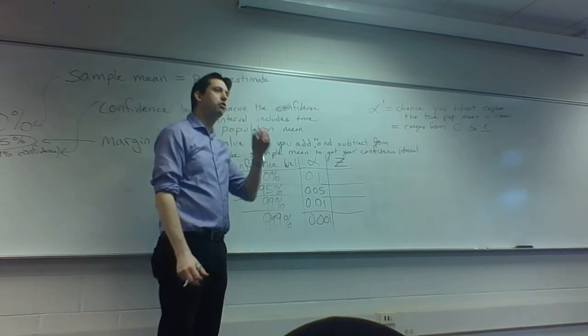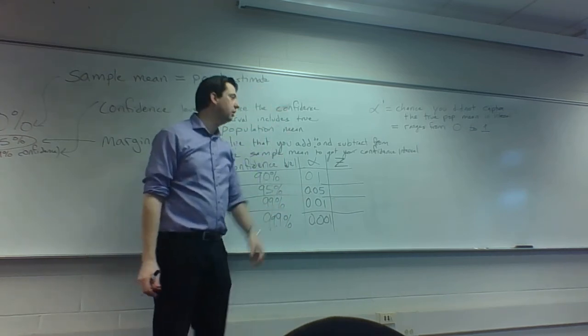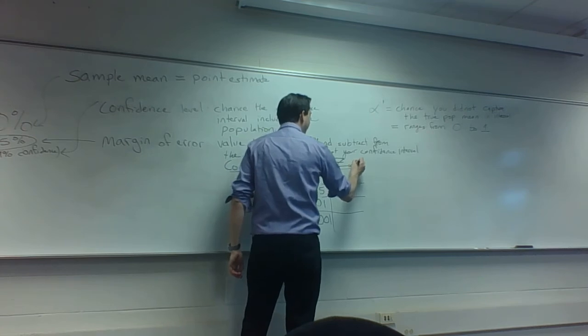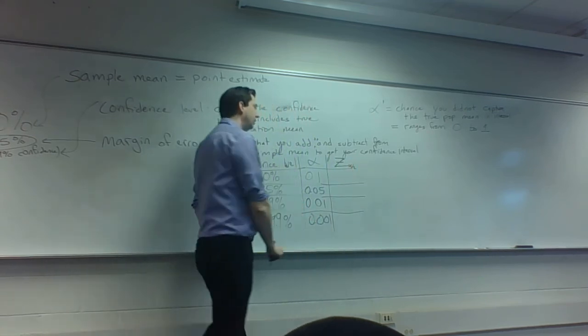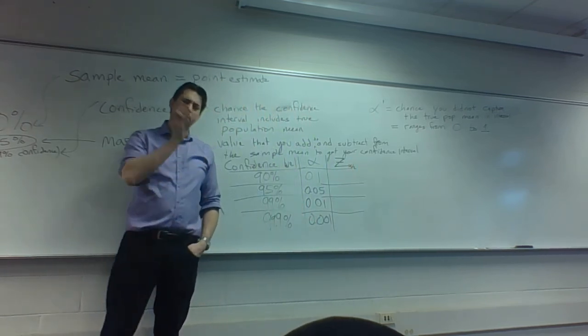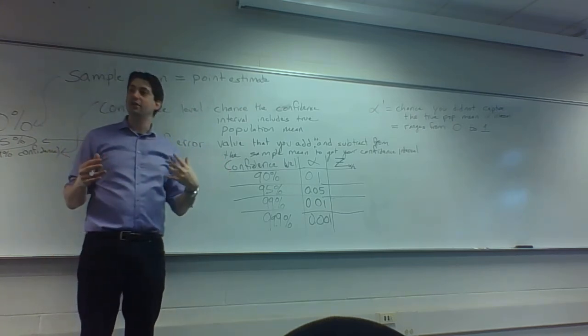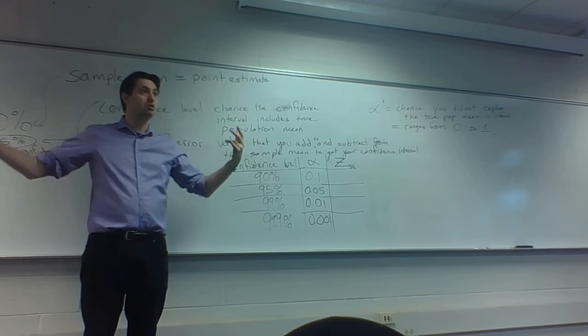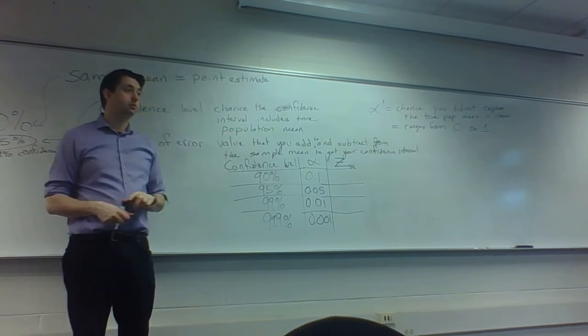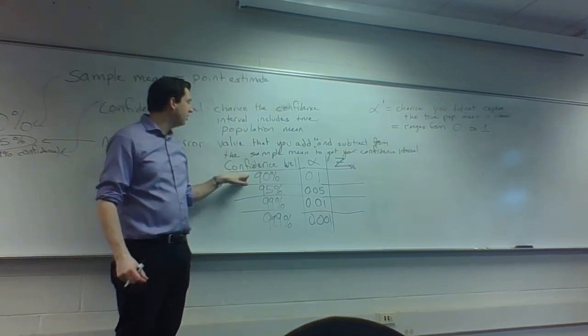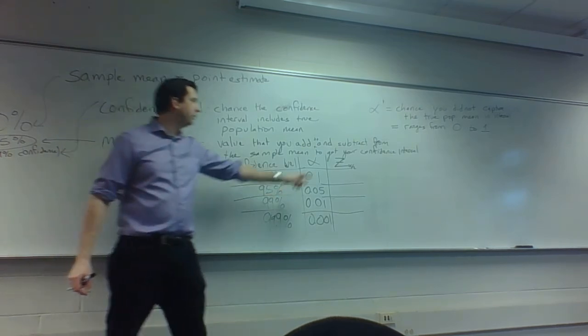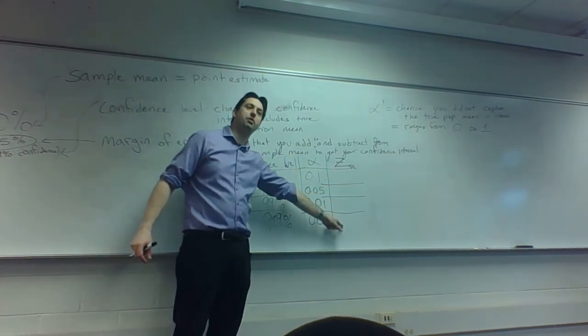And the z-score is going to have a subscript to it, alpha divided by 2. In other words, it's what we'll call a two-tailed test. It's another way of saying, look, we're recognizing that things can either be too low or too high. And each one of these confidence levels has a particular z-score associated with it,